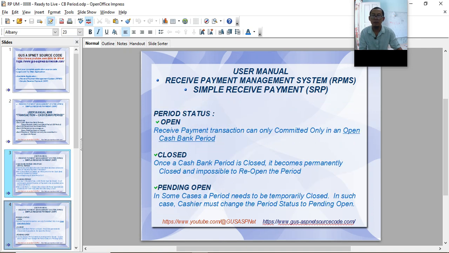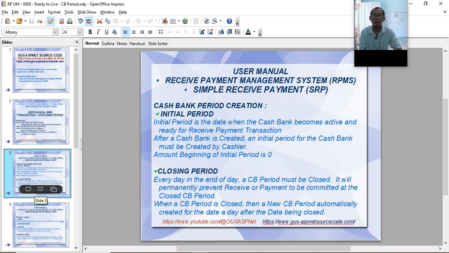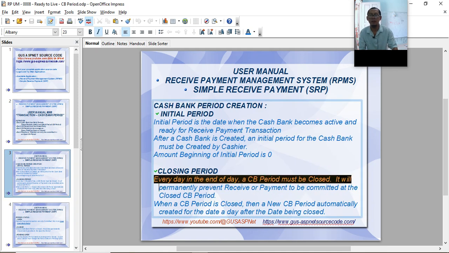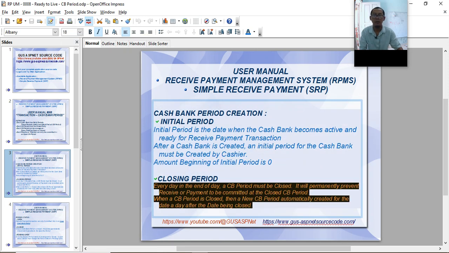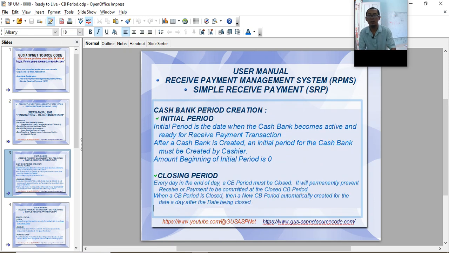All receive payment planned at the date being closed must be committed.